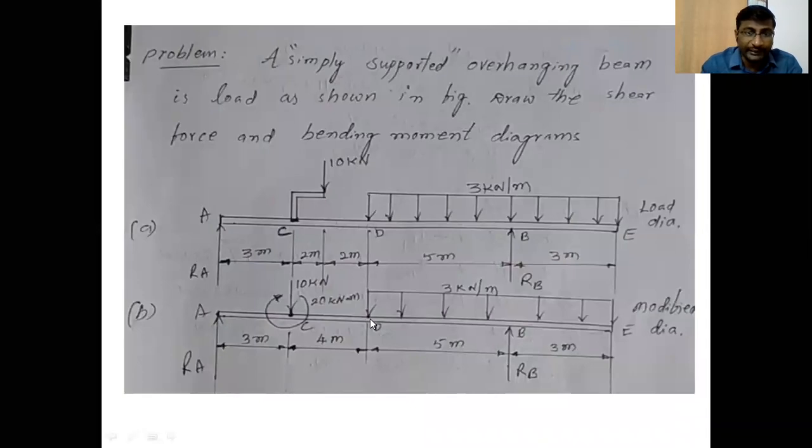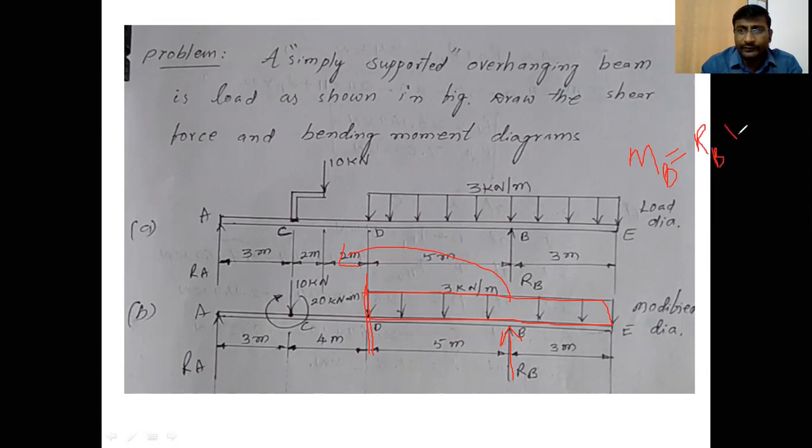Bending moment at point D. The bending moment at point D means the algebraic summation of all the moments on the right side of D. On the right side of D, the total UDL is there, and RB is also there. So due to these two loads, the moment will be developed at point D. So RB into 5, which is in an anti-clockwise direction, negative, sorry, positive. RB into 5. So MD, the bending moment at point D, is equal to RB into 5